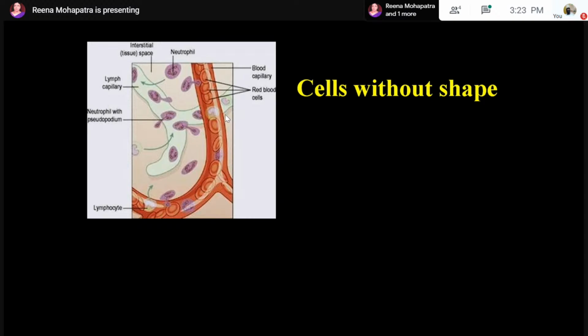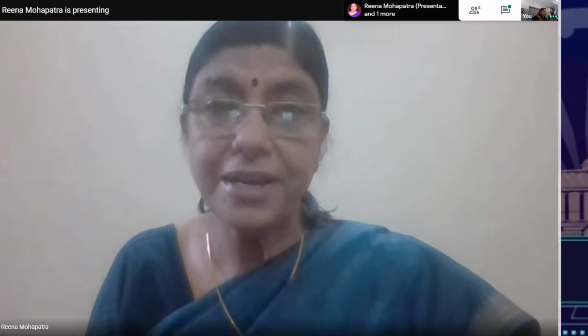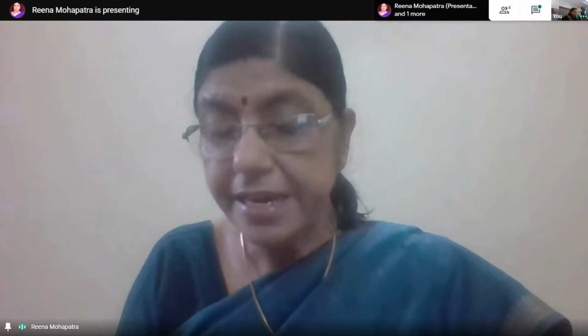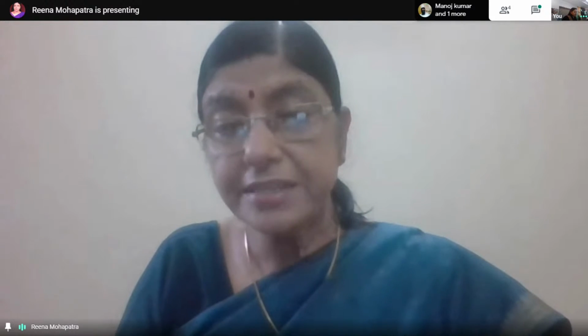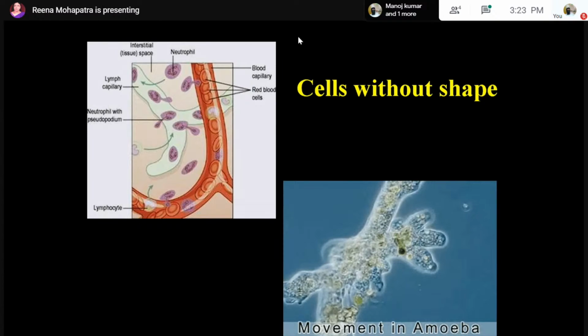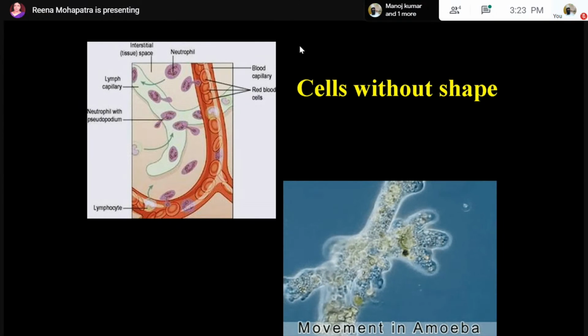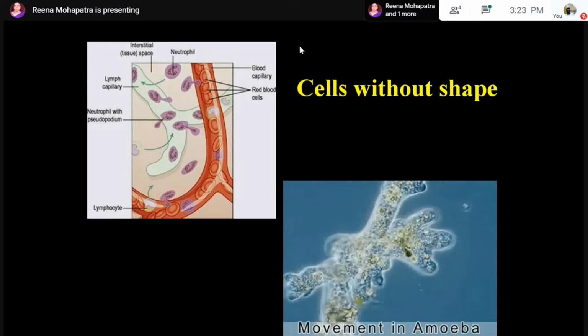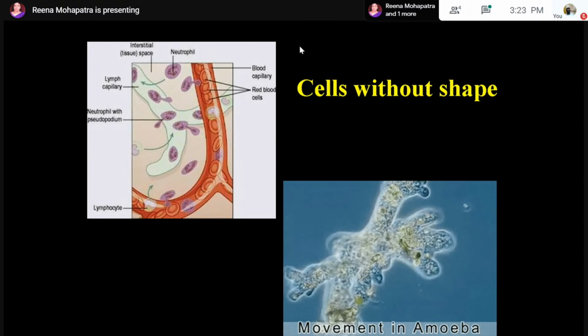Likewise, take an amoeba. When it moves or catches food, it continuously produces finger-like projections called pseudopodia. These finger-like projections are never of similar size and shape. As a result, it continuously changes its shape, as you can see here. In this picture you can see how the pseudopodia of amoeba are getting formed, and every time the amoeba is changing its shape.